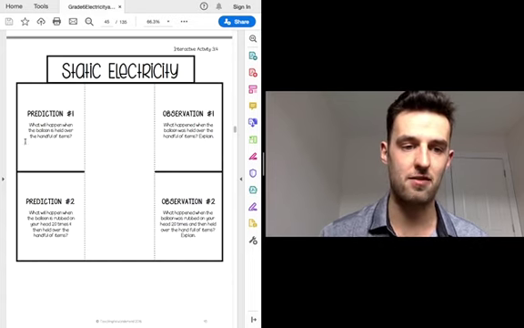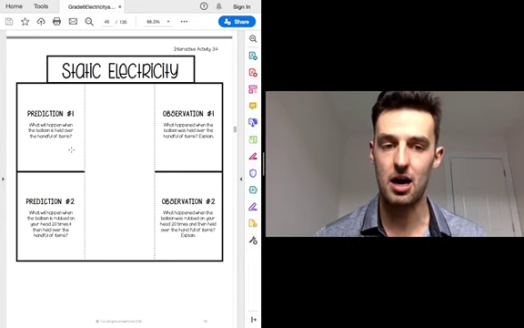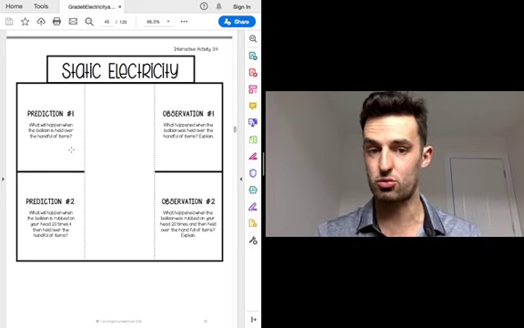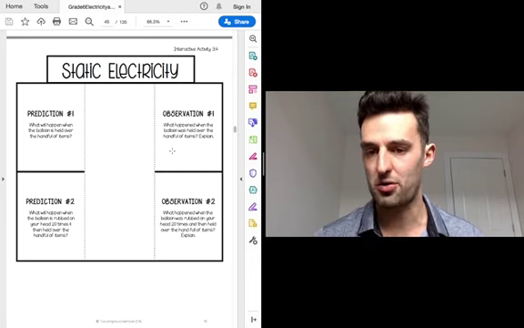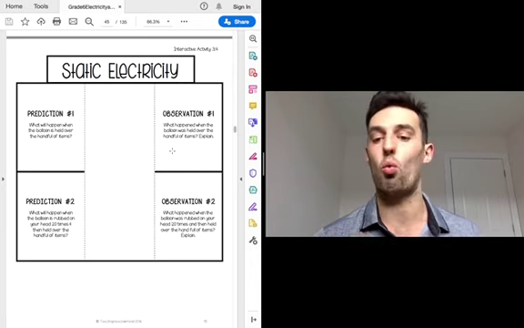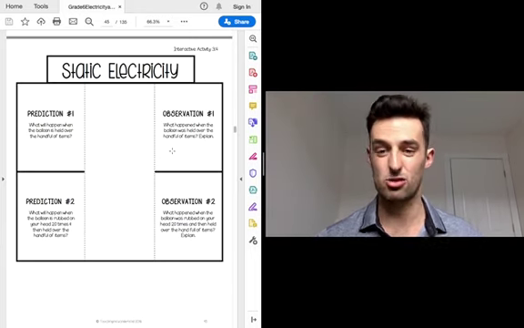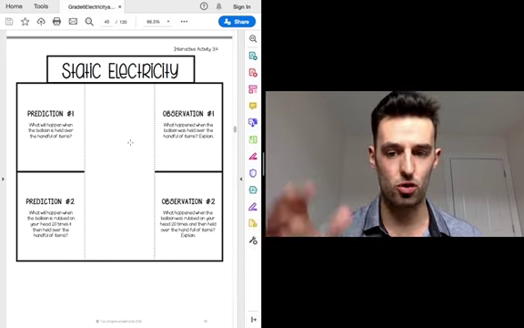So again, your prediction is going to go on this side. So what will happen when the balloon is held over the handful of items? Either one at a time or just a pile of those items, seeing which ones you pick up. And then you'll write down here the observations of what happened when you held them over the items, and then explain what happened. So it picked up these items, it didn't pick up these items, here's why I think that. And this first half, so this top half right here, is based on not rubbing the balloon on your head